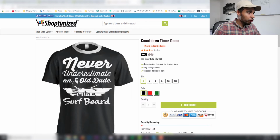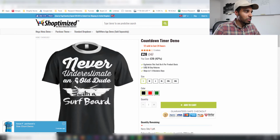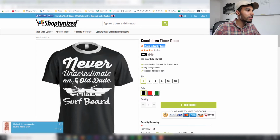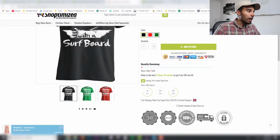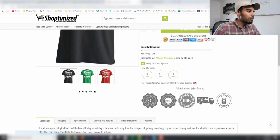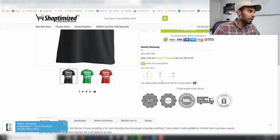Again, it's got different trust badges here in terms of customizing the store. Customize the text so we can have 30-day free returns, or ships in one day, or free shipping. You can put all that information here. We've got the kind of thing that they use on eBay and Amazon in terms of how many have been sold in the past 24 hours. Again, it's just scarcity. We've got trust badges already built in, so we don't have to code anything. Again, I'm not a massive fan of this kind of looking one anymore, but you can see down here more trust badges. Again, this is all just OTT, but